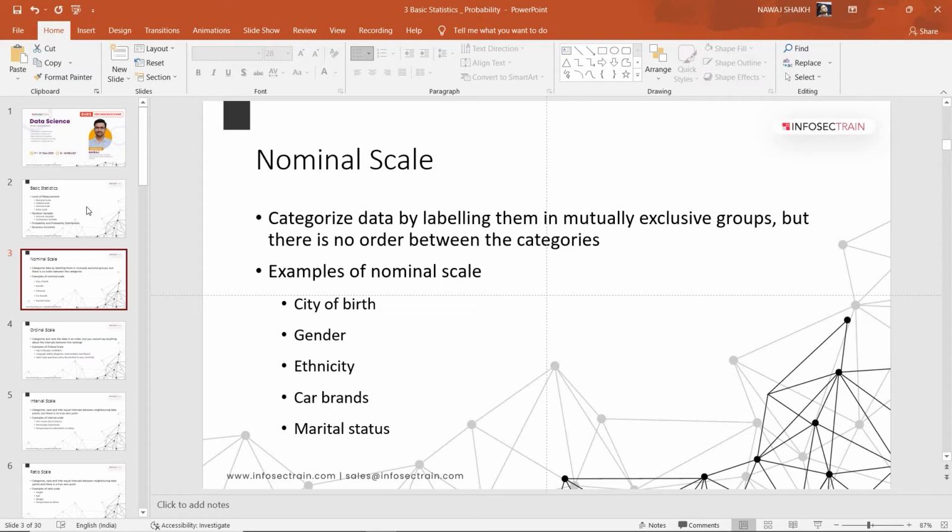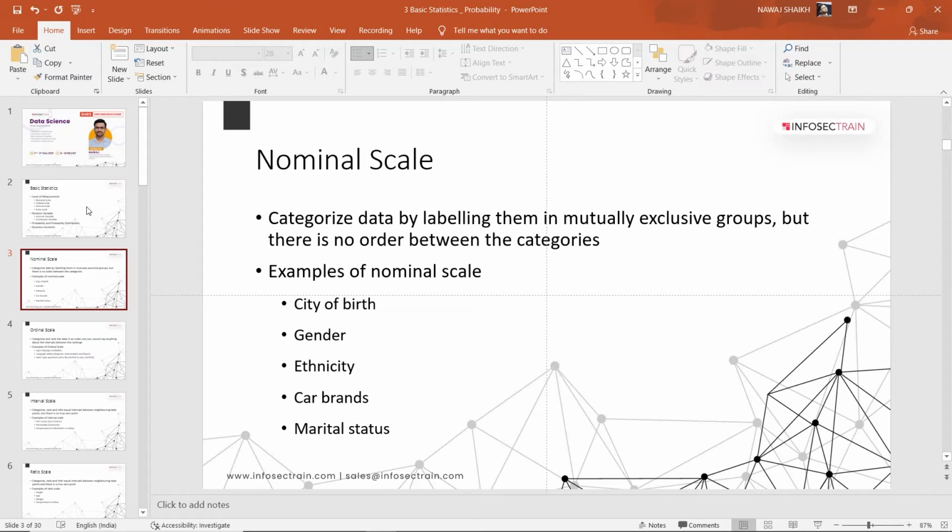If we take an example of nominal scale data, like city of birth, a particular column in the employee data, you see that for city we can't order or rank the data.